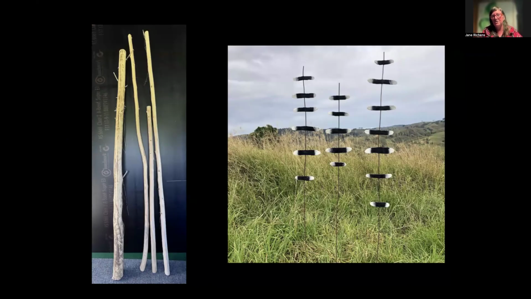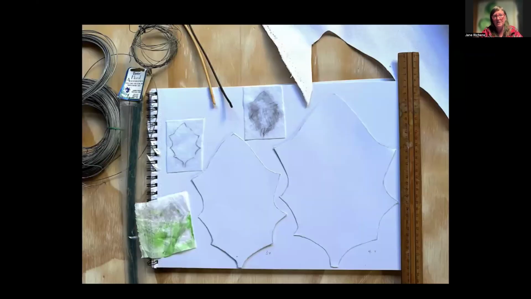And my sculptures on the right, I use old wire fencing and things like that with felt that I've made. But I'm going to enlarge the leaves either 3 or 4 times, and they'll go into those Hibiscus heterophyllus sticks.